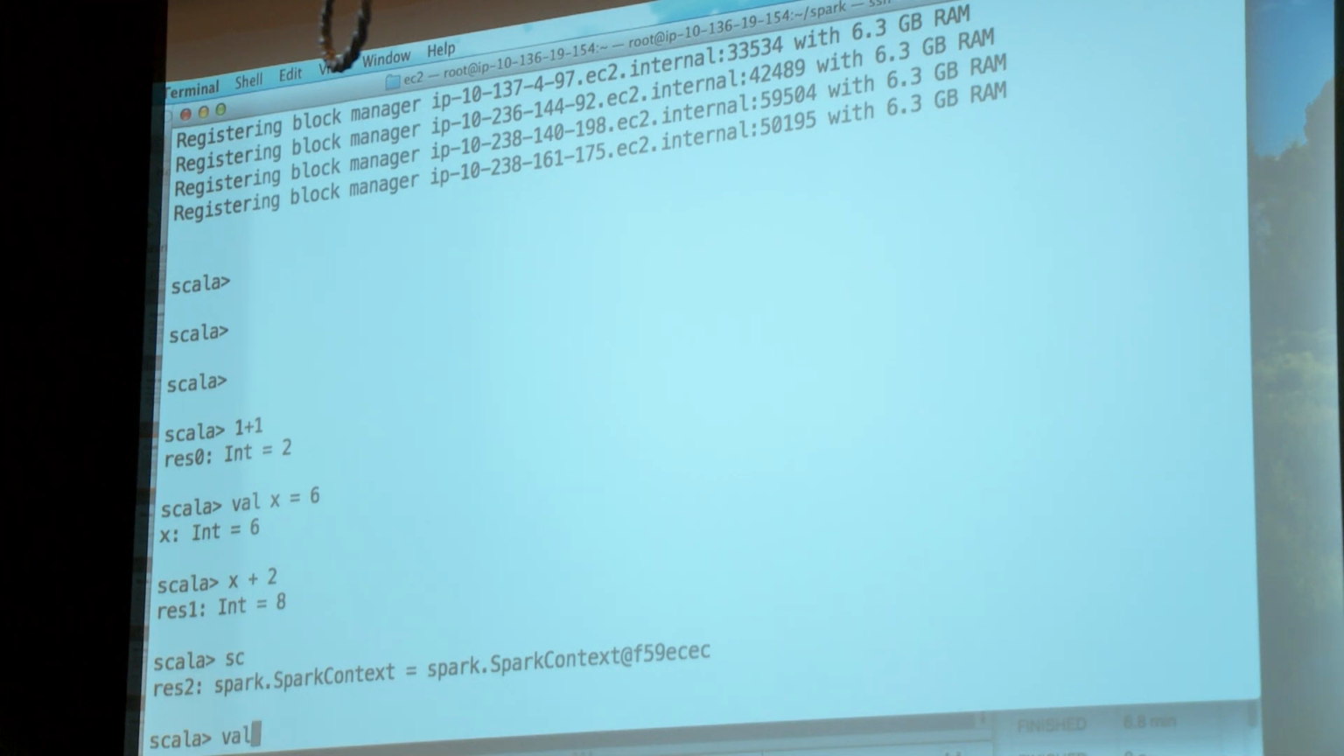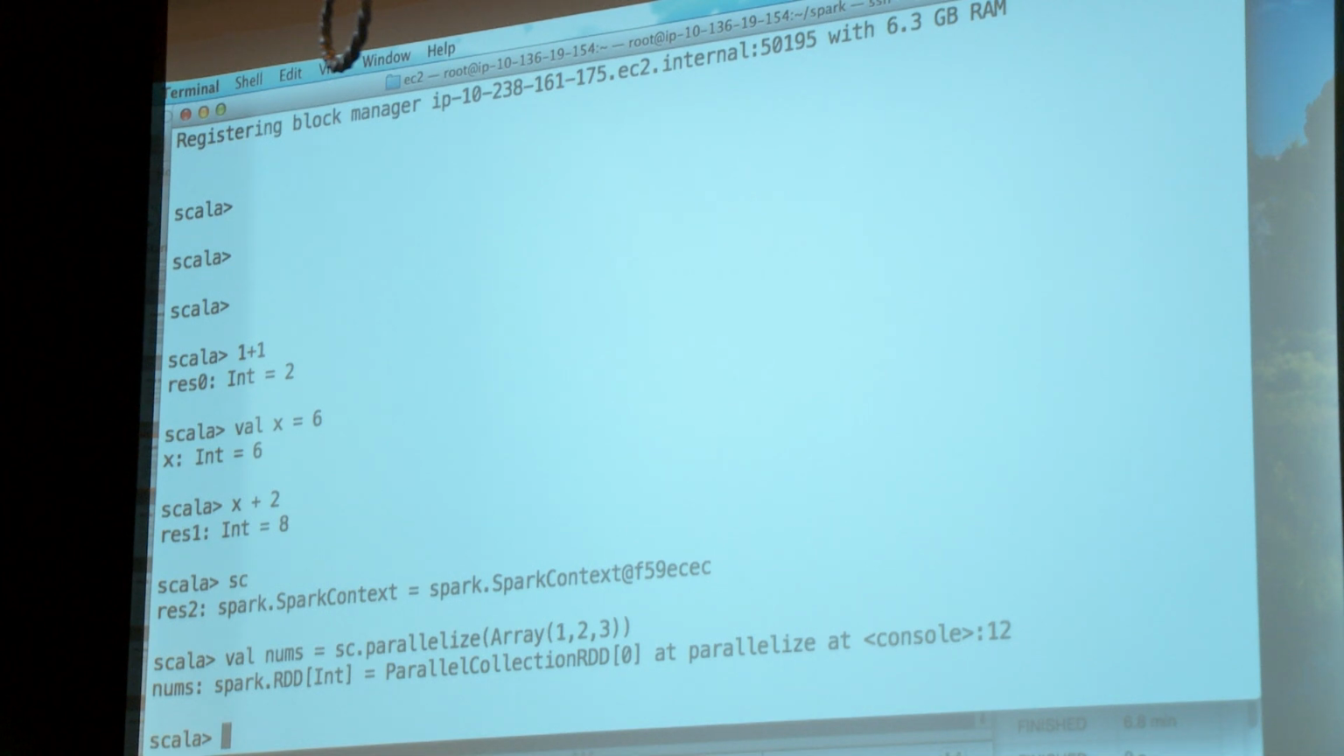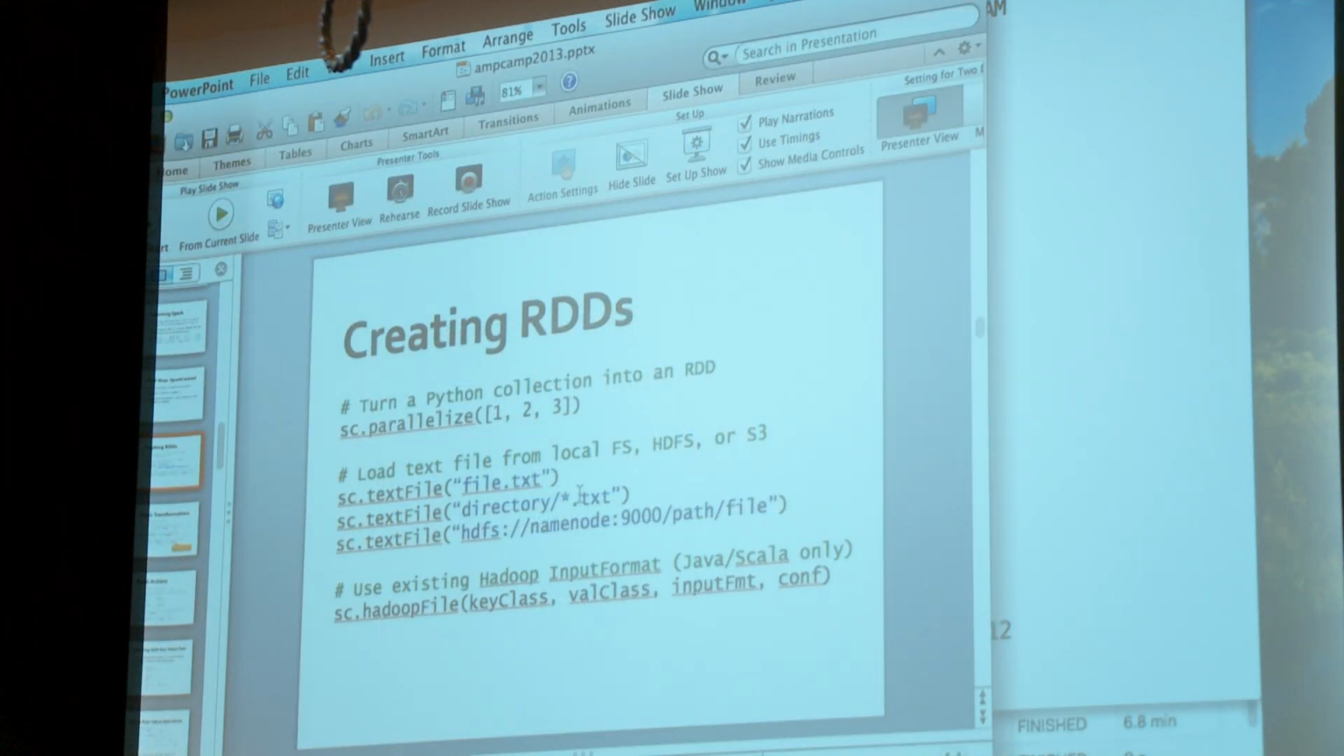And here, I could do something like this. Okay. And now we get an RDD containing integers. Okay. Alternatively, you can make an RDD that represents a file in your cluster, and you can use SparkContext.textFile